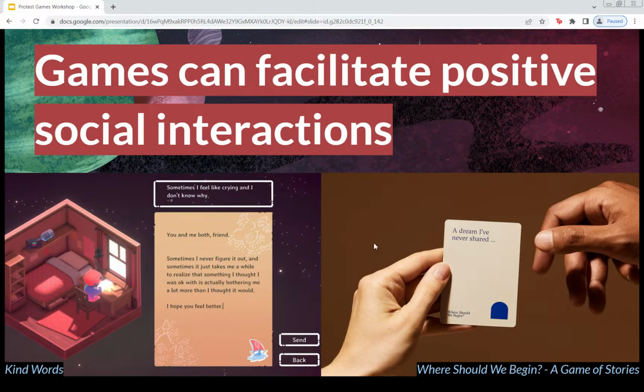If you're troubled by something or struggling with something, you can play Kind Words and express the way you're feeling about it, and then other players of the game will be encouraged to respond to you. And the game is set up in a way to try to foster as much mutual support and positive, encouraging interaction